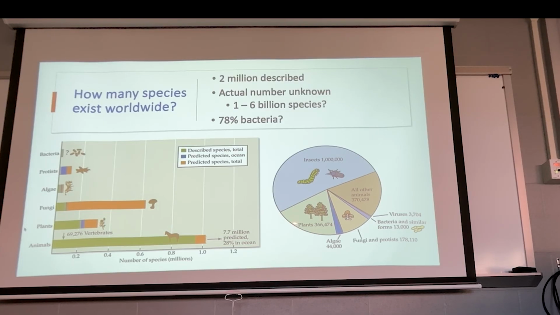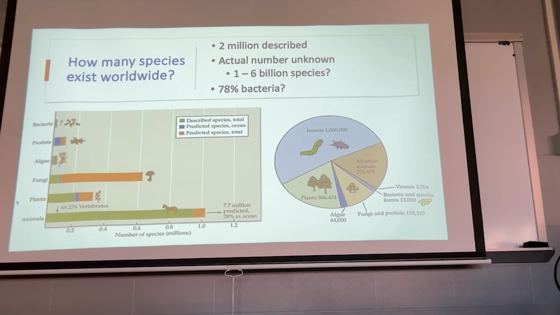Plants are pretty similar, most of those being terrestrial plants, plants that live on land. Then you've got a little sliver here of algae, a little sliver of fungi and protists. Here's bacteria and similar forms like archaeans, and then a really small sliver of viruses. There are actually several thousand viruses that have been described across our planet. So this gives you the described species, and probably what the predictions are. New species are being added to this list every day.